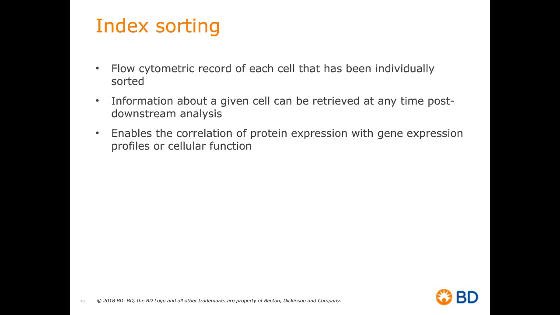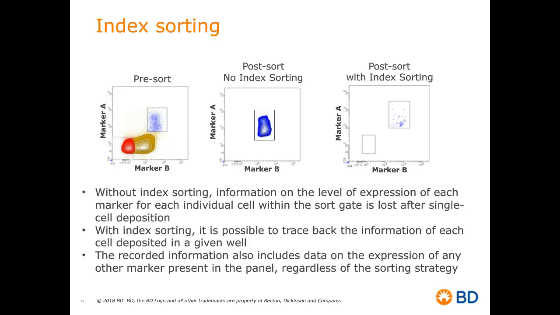And here I want to just show another example, just to reinforce the concept of index sorting and how it relates to what we will be talking about today. So if we look at the first plot on the left, this is our flow cytometric analysis prior to cell sorting. For this example, we are interested in purifying a population here in blue that express both marker A and B. So without index sorting, we will draw a gate, as you can see in the middle plot, sort the population of interest, and then we can do a single cell deposition for